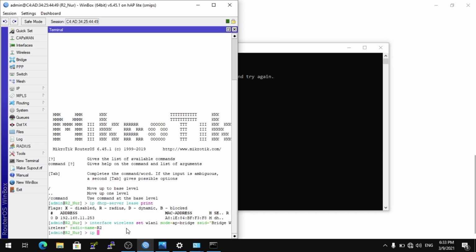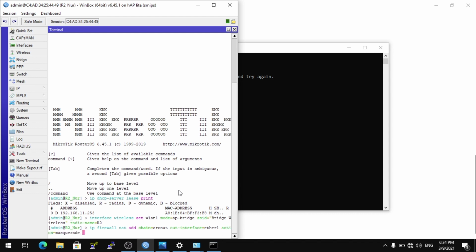This is configuration IP firewall NAT for the client that is not connected to internet. IP firewall NAT add chain source NAT, out interface Ether1 and action masquerade.